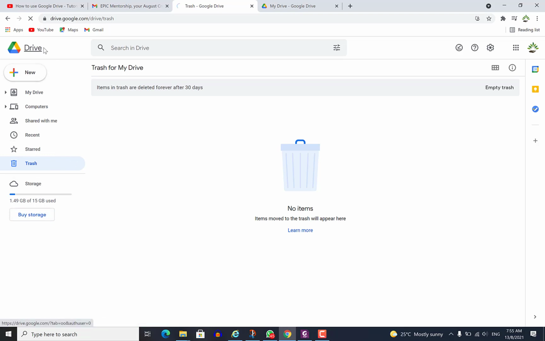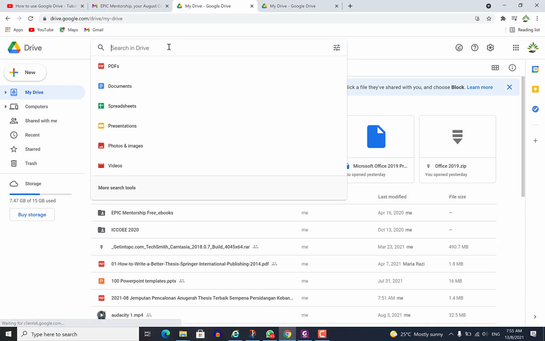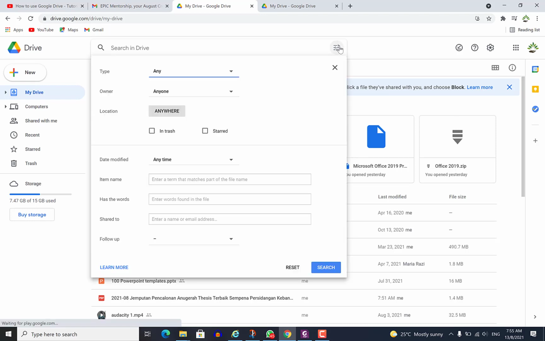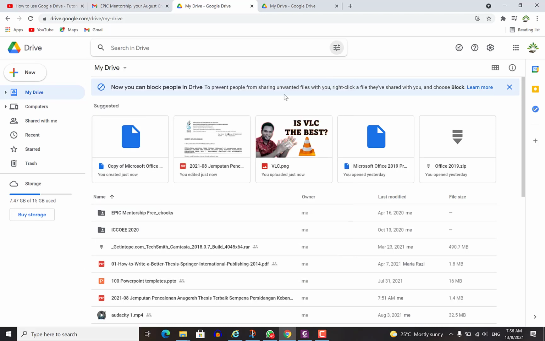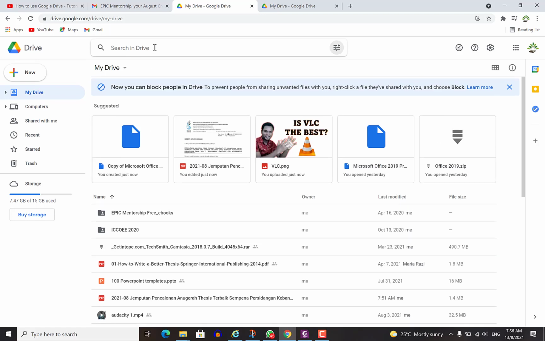So down here to my drive, you have the option directly here to search. You can click on search and you can search directly any item that you want from your drive. You can click on advanced search. This is the search option. You can just click on it and you can do more of an advanced search in your drive. This is advanced and it will help you to find whatever folder you are looking for. You can just search and you can just reset if you are not comfortable with it. So wherever your file is, you don't have to follow up one by one. You just type a part of that name and it will help you to search it very quickly.